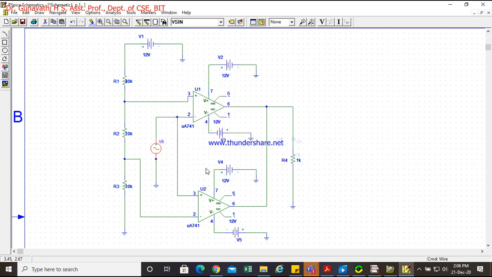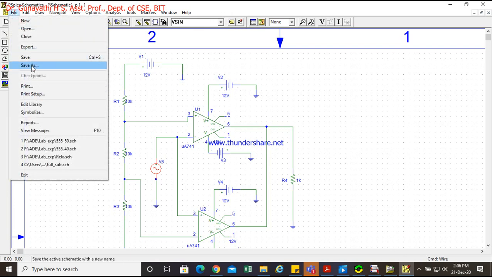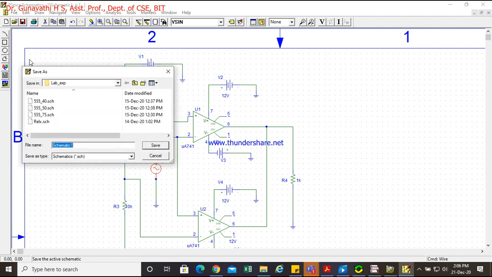Any doubts in this? Any doubts? No. Yeah, because you have to do this. By chance if you find any difficulty, you can ask us, we'll help you out. And you have to share your screens later, like take the screenshots of the circuit and the waveform, you have to share it later. I'll just save this. I'll just save it as a window.